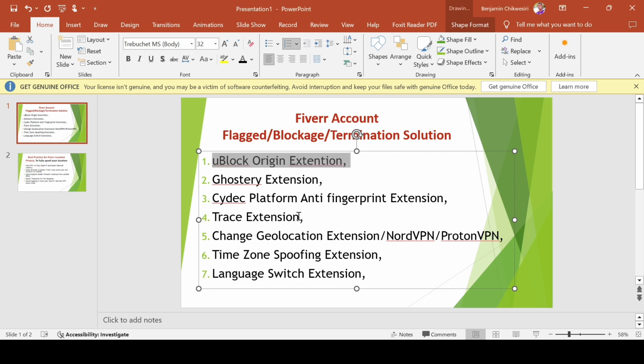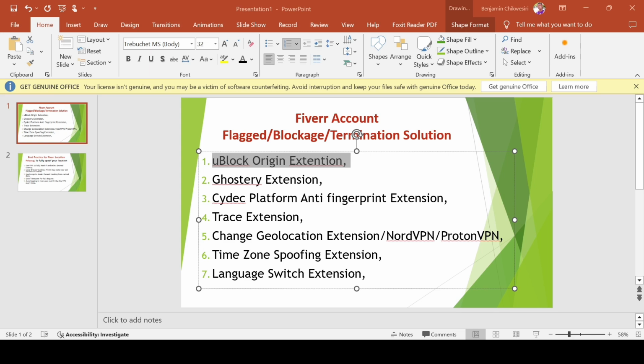We already know uBlock Origin helps block Fiverr tracking scripts, their ads, and all their pop-ups that may monitor your user behavior.